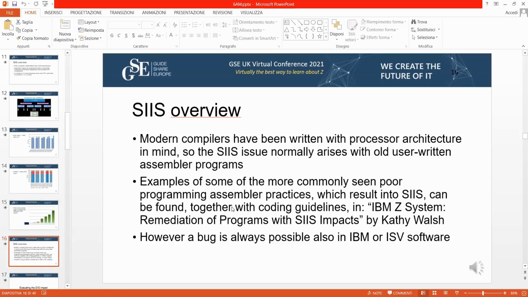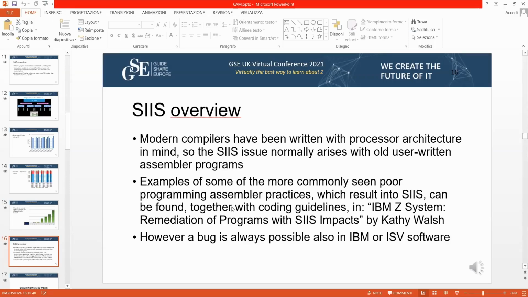Now, the modern compilers produced by IBM have been written with this processor architecture in mind. And so the SIIS problem doesn't happen with the new code. But the one real problem, or let's say one reality in our world, is that there are still programs running on our systems that were written in the last millennium, and they are very old.